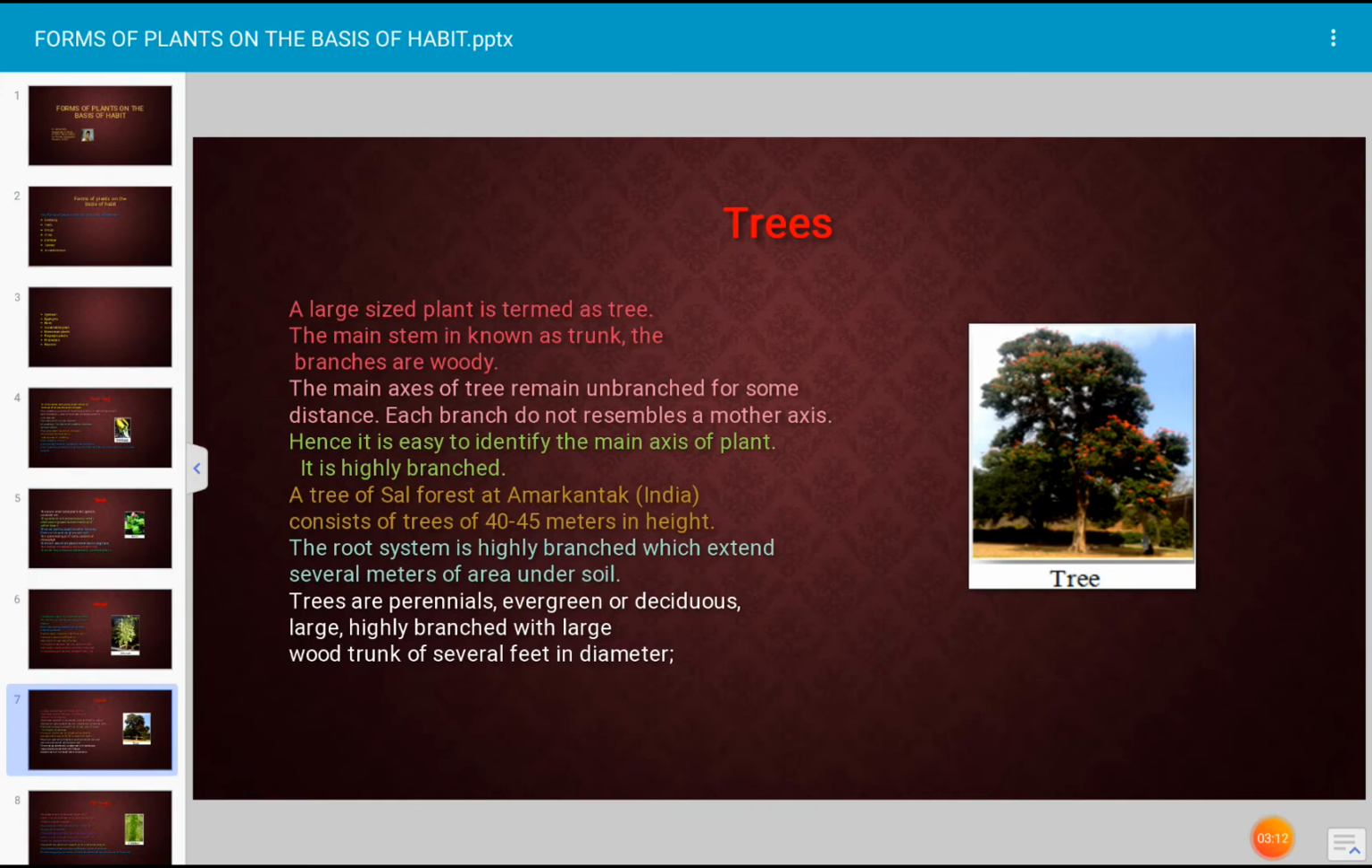A tree of sal forest at Amarkantak, India consists of trees of 40 to 45 meters in height. It is a sal forest. The root system is highly branched, which extends several meters under the soil surface. Trees are perennials, evergreen or deciduous, large, highly branched with large woody trunk of several feet in diameter. Next,